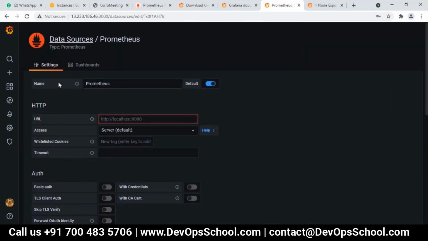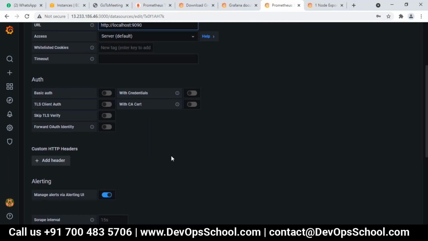When I select Prometheus, it is asking for a few things like name and URL. Our Prometheus is running on the same server in which Grafana is running, right? So I will mention the URL as localhost:9090. If Prometheus is running on some other server, you need to mention its URL, like http://, and instead of localhost, you will mention the IP of that server.